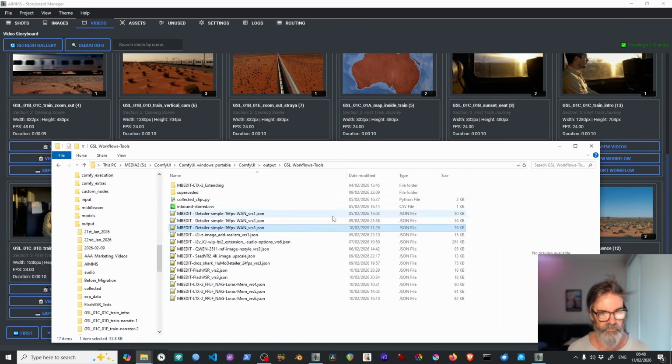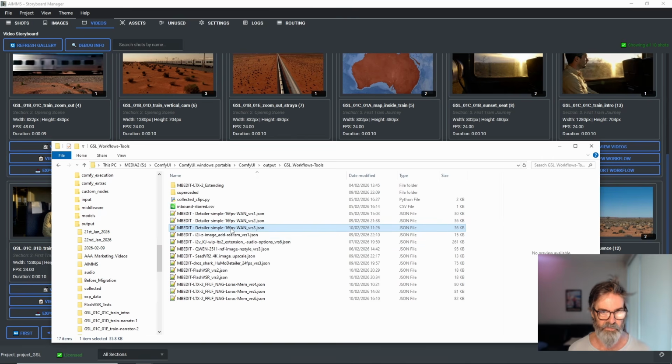And these workflows, let me just explain them for you. So, Detailer. Now that's an old one, but it's got a few changes to it. I made that available in 2025, and I've used that for upscaling. Now I'm working exclusively in LTX at the moment, but WAN and VACE and all those ones are old, still have their place, and I'm trying to find that place in my process,